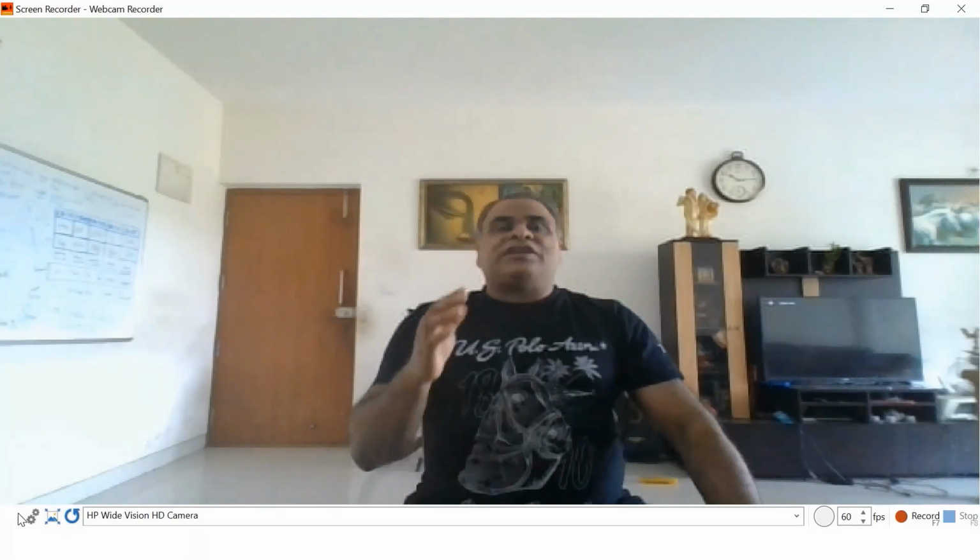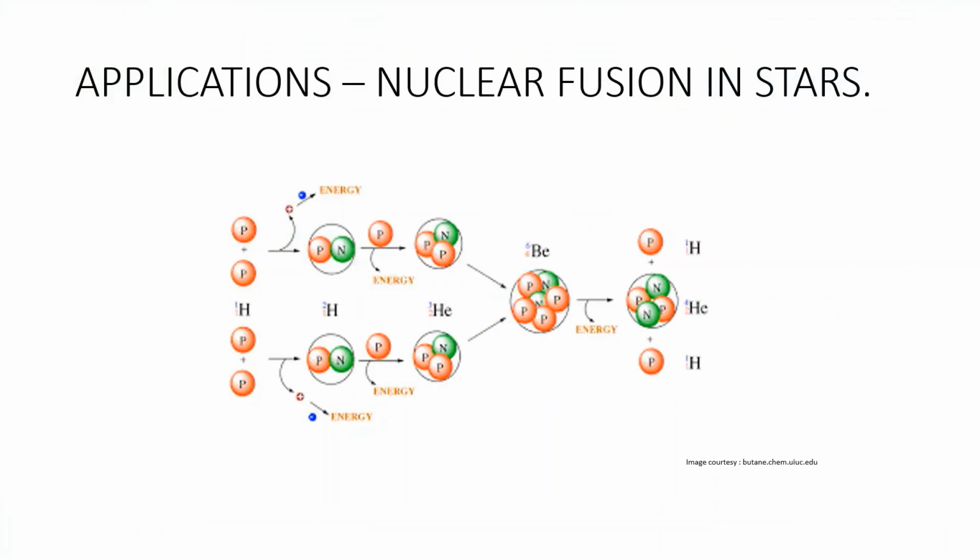A precondition for the evolution of life in isolation in the habitable zones. Our sun can be treated as a good example for this kind of tunneling effect. This is one application. We can see it in nature itself, an application of quantum tunneling. Next one I am going to discuss is